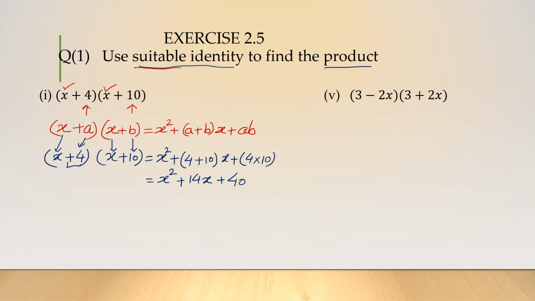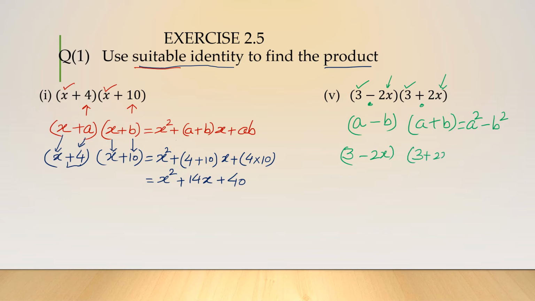Now let's do the second part. In the second part, if you see, the first term is same, the second term is also same, but the sign in between is not same. So which identity can we apply? We can apply (a minus b)(a plus b), and (a minus b)(a plus b) is equal to a square minus b square. So (3 minus 2x)(3 plus 2x) can be written as, now if we compare,